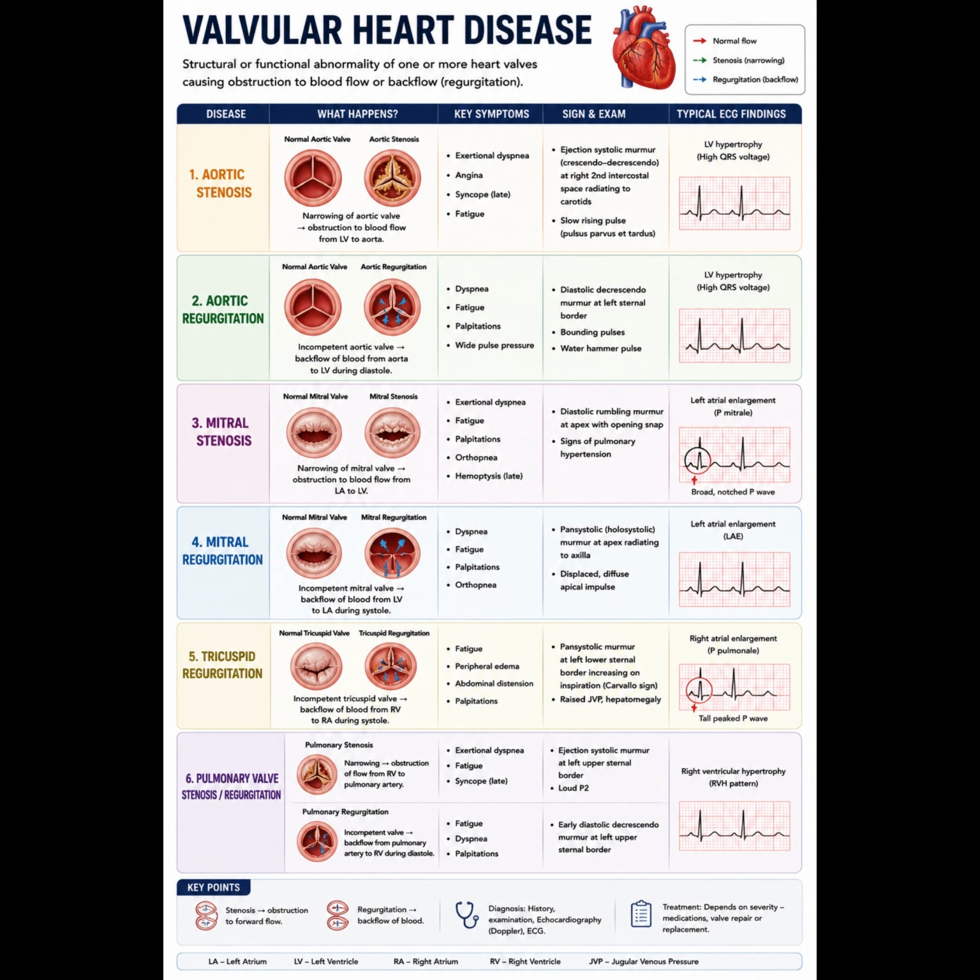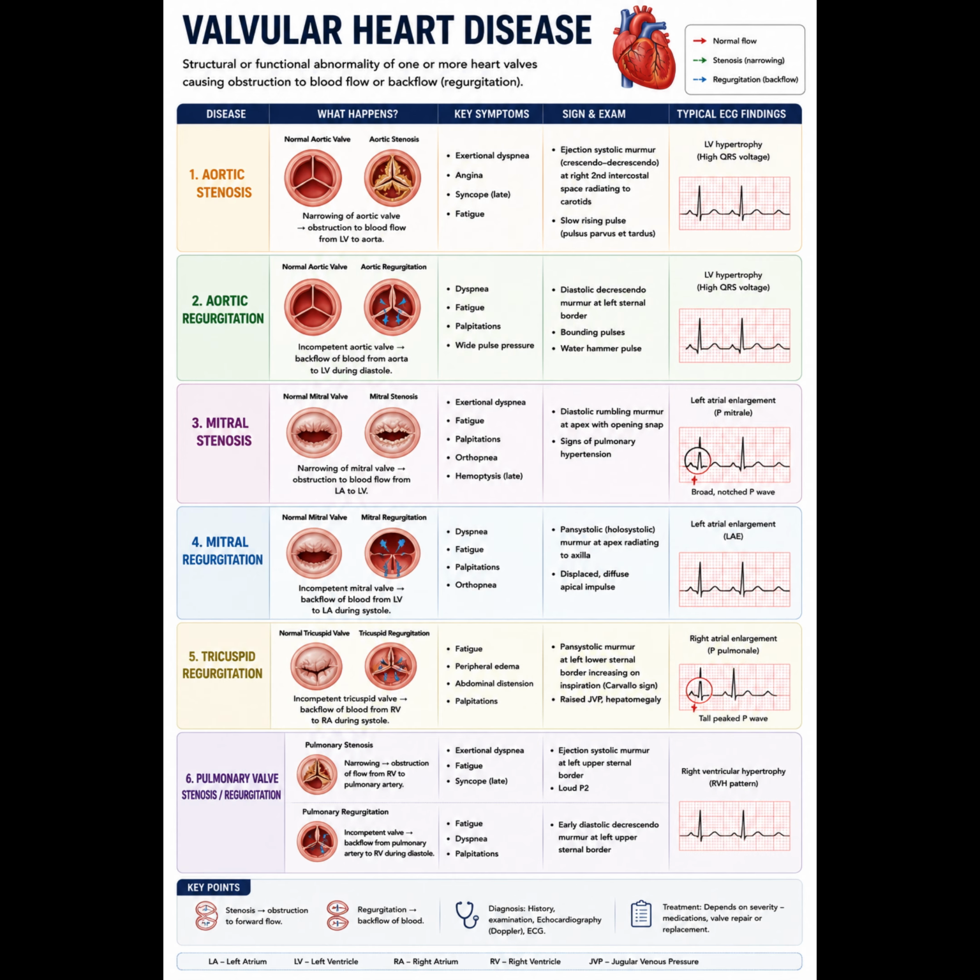Valvular heart disease, in that first is aortic stenosis, so there is a narrow aortic valve. ECG shows left ventricular hypertrophy with high QRS. Second is aortic regurgitation, incompetent aortic valve, so there is a backflow from aorta to left ventricle, so ECG shows left ventricular hypertrophy with high